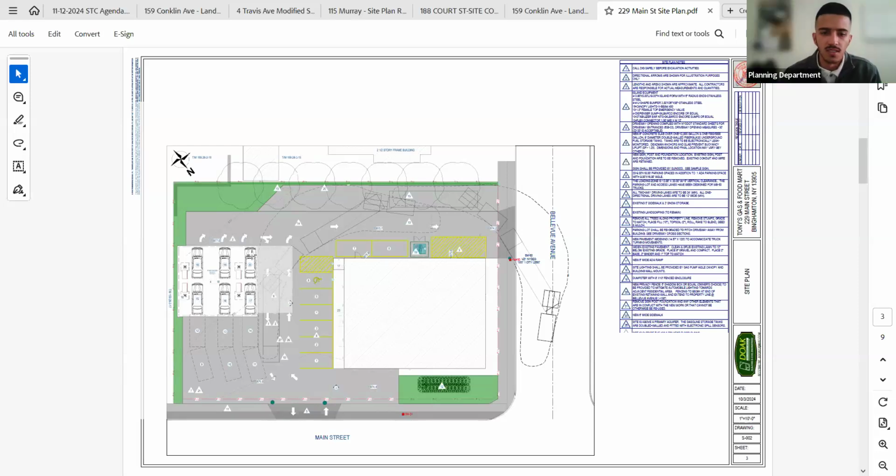Yep, they're just converting that into a convenience store, and then they're adding gas fuel pumps. Since part of it involves a parking lot abutting the side property lines, the aspect of landscaping comes into play.